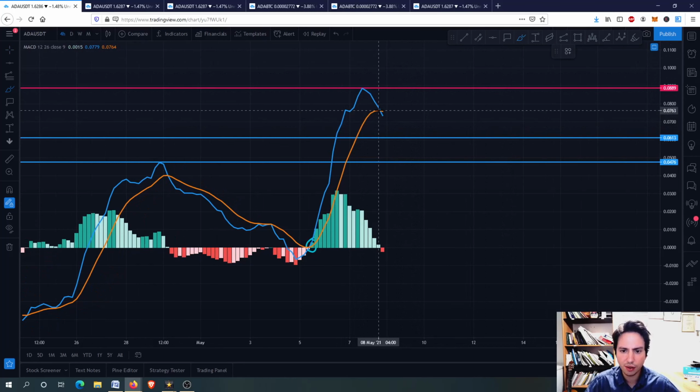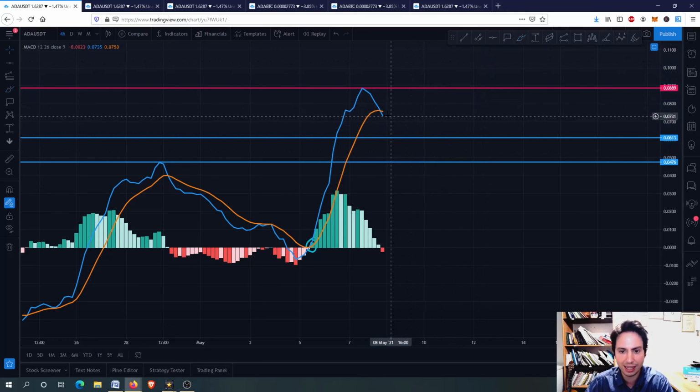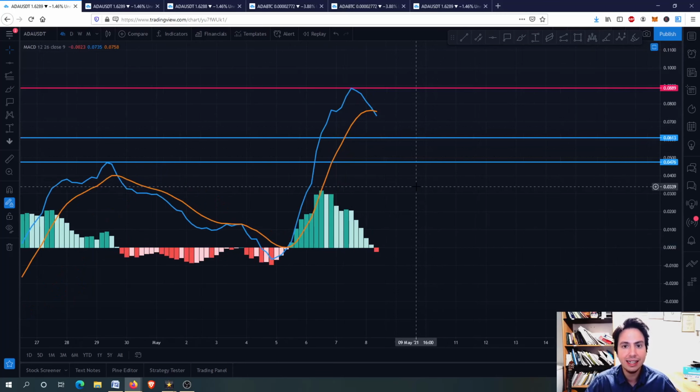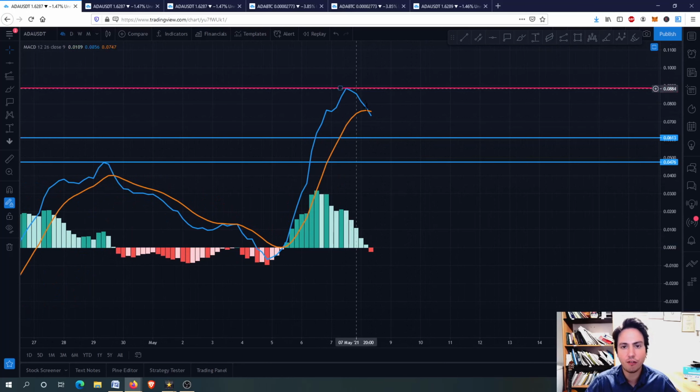I don't care that we had this bearish cross as long as we are moving upwards again and hitting new highs for the MACD in the 4-hour frame. So this is what matters in the 4-hour frame. Always remember that, guys, in the MACD, it is not about the very short term. Yeah, we might have a further correction for the next one day, but this is nothing compared to what Cardano ADA can do.